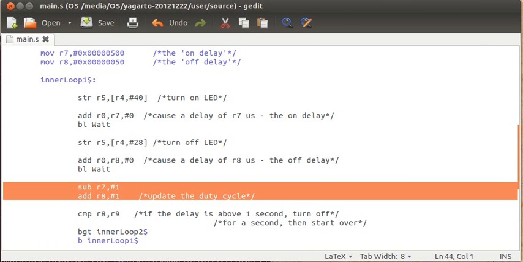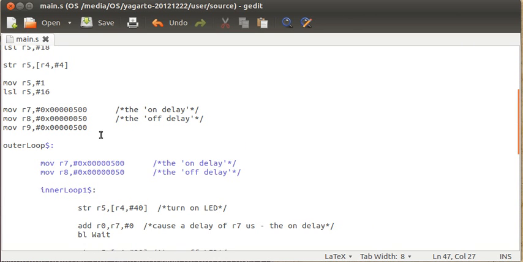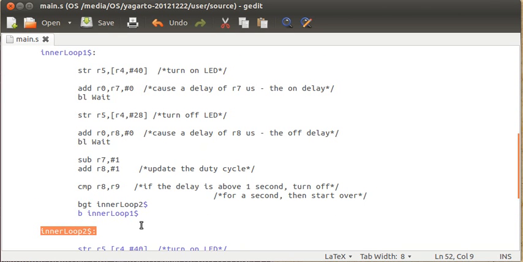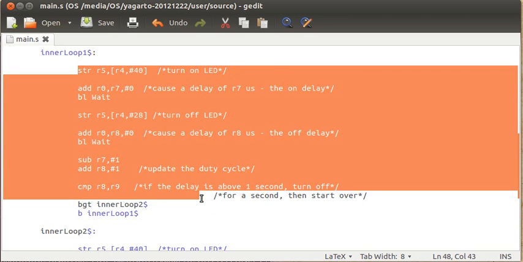This is just the bottom of the loop. We're just going to update, make the on delay smaller and the off delay larger. So this over time will help us make the LED dimmer with each iteration of this loop. This is the last thing, just the exit condition. If the off delay gets to be larger than this value right here, we're just going to hop to the second inner loop, which will be the reverse of the first inner loop, which dims the LED. It will make the LED brighter, and otherwise just jump back up to the inner loop. So this will continually make it dimmer,